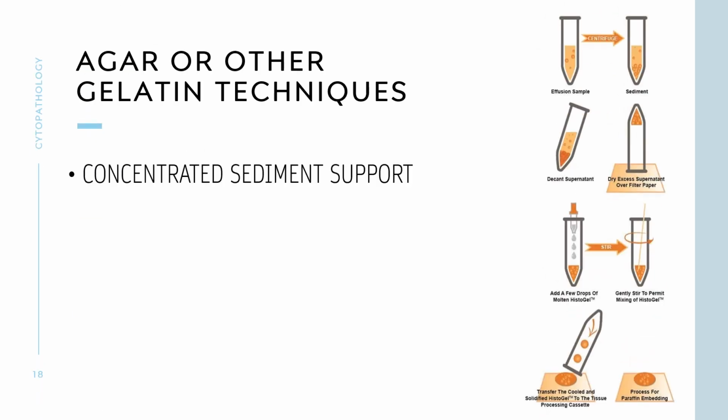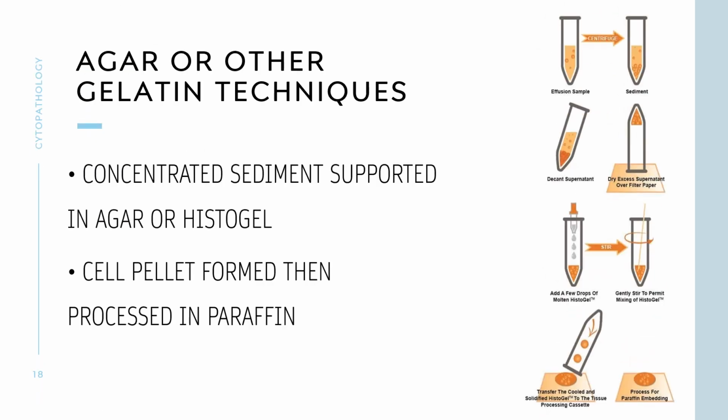Next, we have the agar or gelatin techniques, so concentrated sediment supported in agar or histogel. A cell pellet is formed, then processed in paraffin. So the effusion sample is centrifuged, separating the supernatant and the sediment, and then you decant the supernatant. You dry the excess supernatant over the filter paper so that the remaining sample in the tube will be